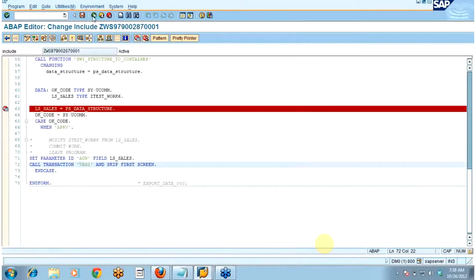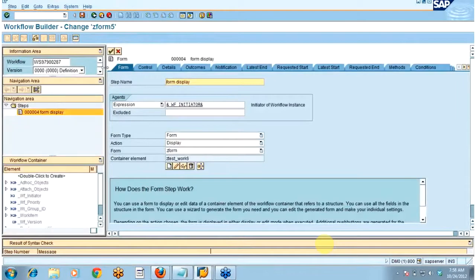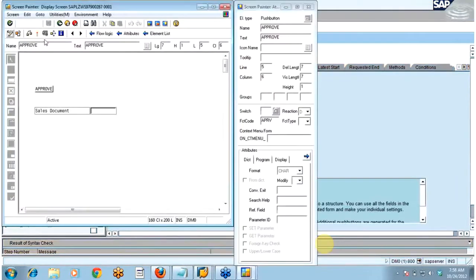Activated. Now, I just want to see whether this form is activated or not. Before going back, you should actually activate this form.